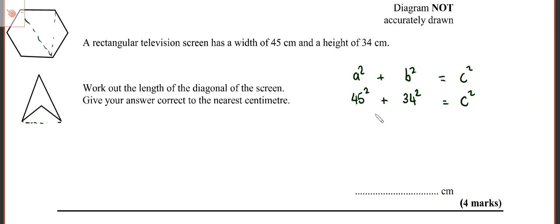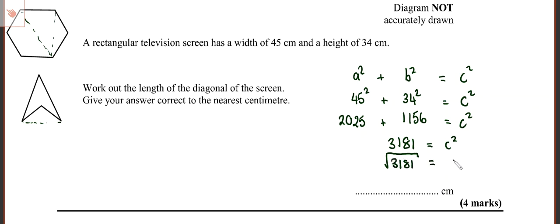So 45 squared for me is 2025. Then 34 squared is 1156. If I add those together, I get 3,181 is c squared, but I've got to finish that with the square root of 3,181 is c, which is